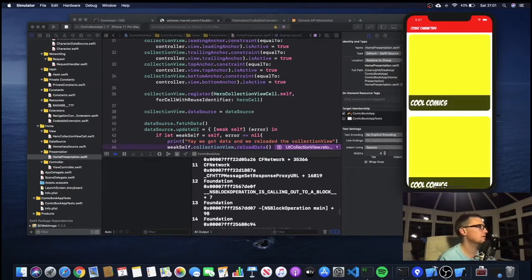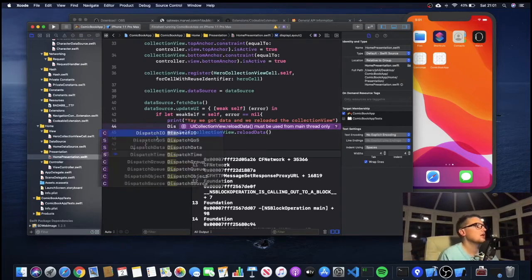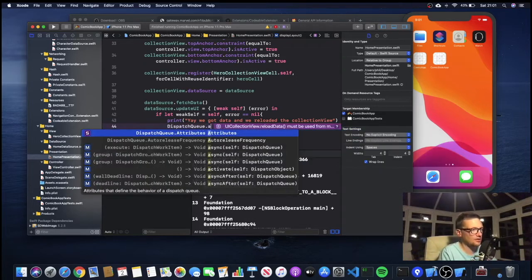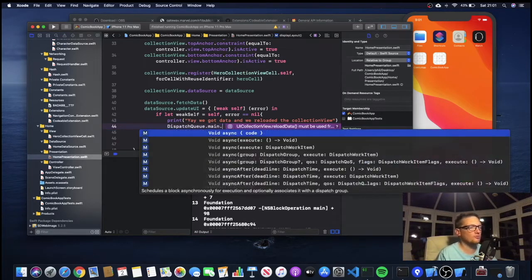Oh yes, one minor mistake I forgot to do is this, and basically the reason it's flagging this is because the URLSession stuff that's used in the decodable extension that I've created actually is done on a background thread. So to reload the data, we now have to move to the main thread, and any UI work has to be done on the main thread, unless you're using something like a